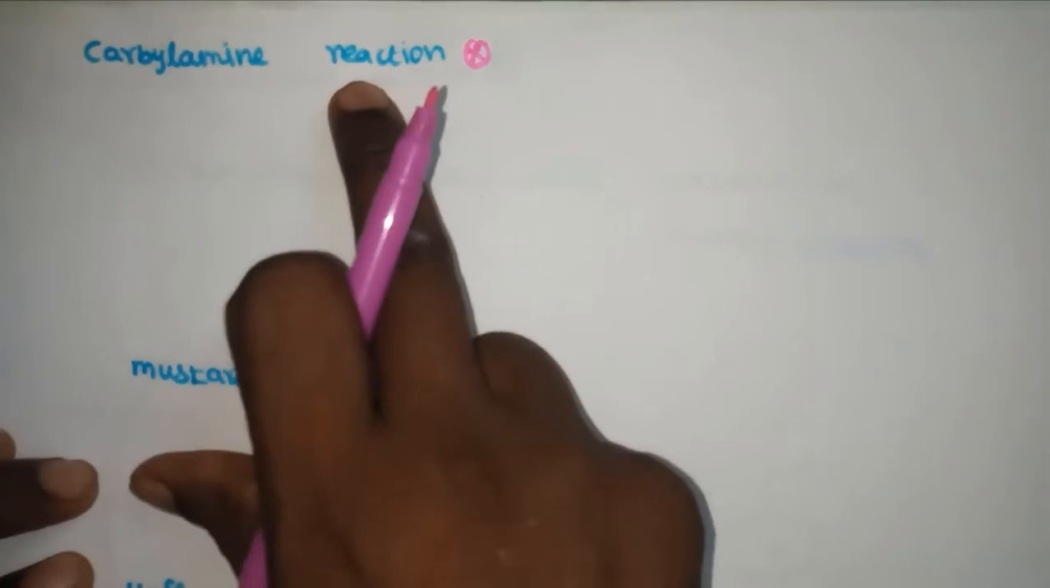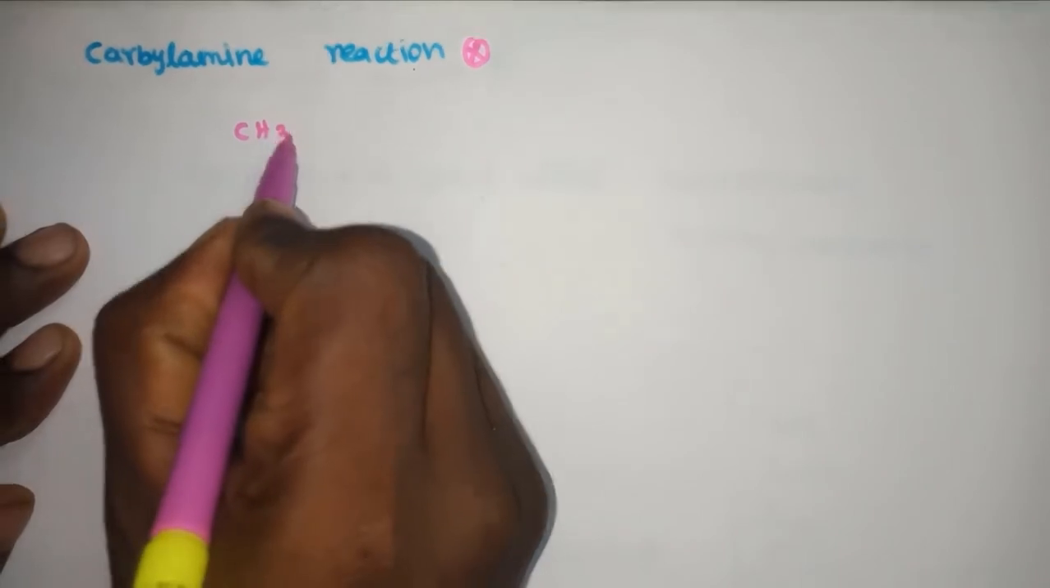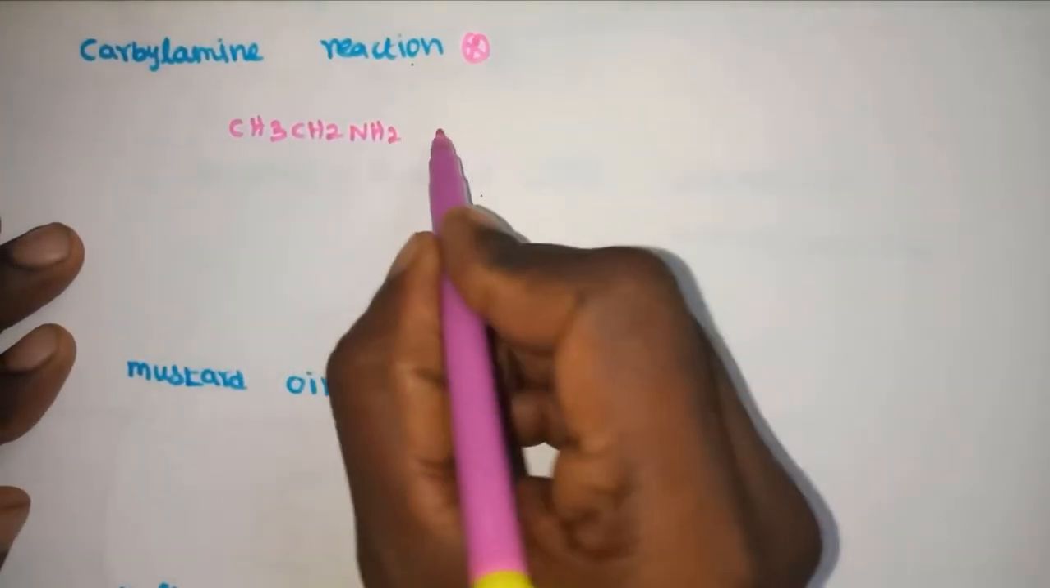Next one is the carbylamine reaction. This is a very important named reaction. Aliphatic or aromatic primary amines react with chloroform and alcoholic KOH to form an isocyanide. This reaction is called the carbylamine reaction. Example, CH3CH2NH2. This is ethylamine. It reacts with chloroform,